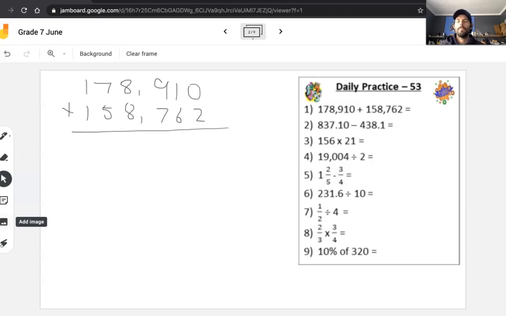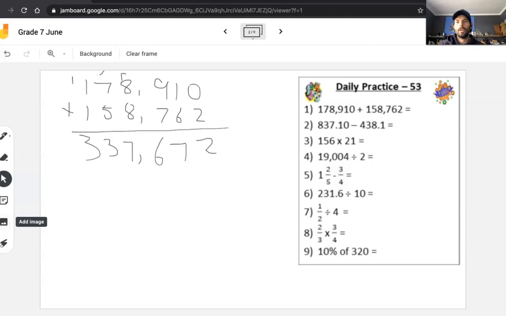Just notice how I said the number. It's not said as a whole number after the decimal. Okay, that would be the wrong way of saying that number. So after the decimal, the numbers are said individually. The same goes for 158,762. Okay, that's just a small technical bit there. But then we just add normally. Okay, we know that the decimals line up, and we know we must carry when necessary, and then we should get an answer of